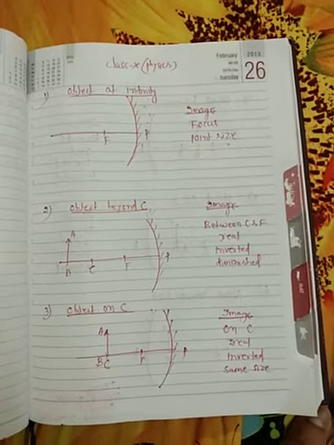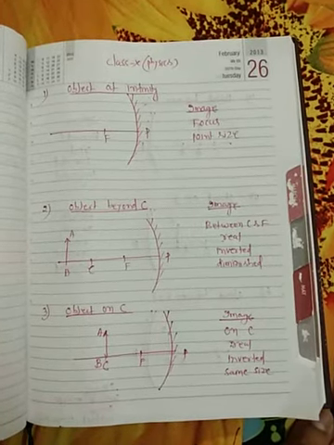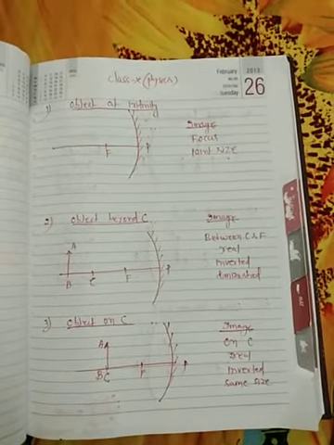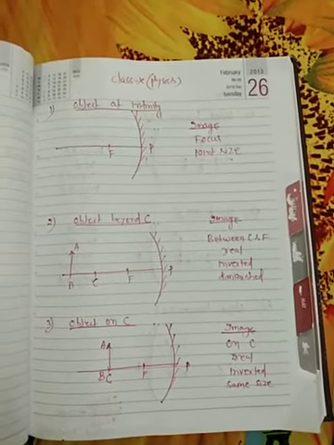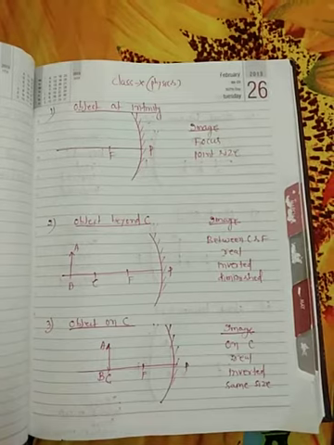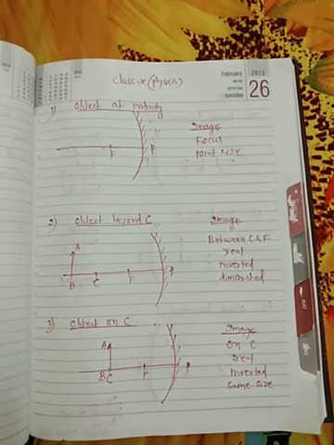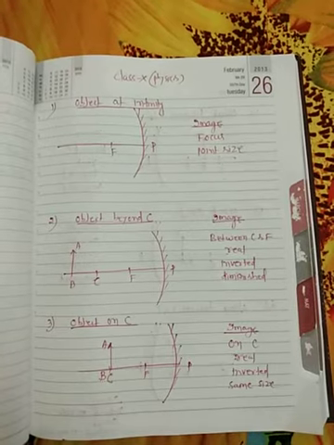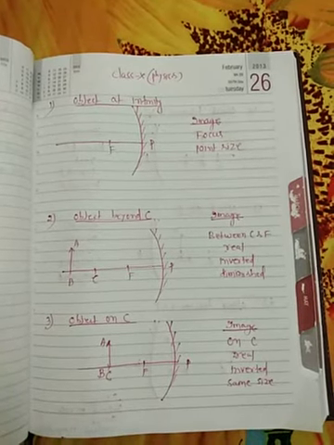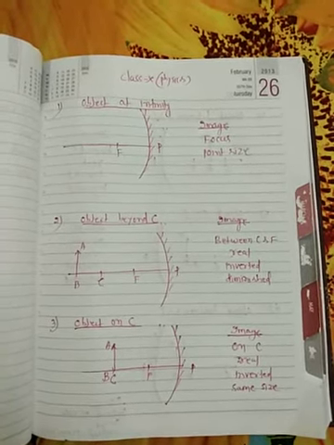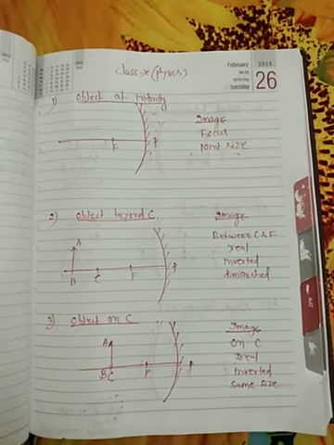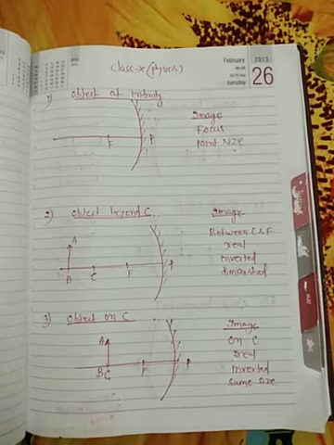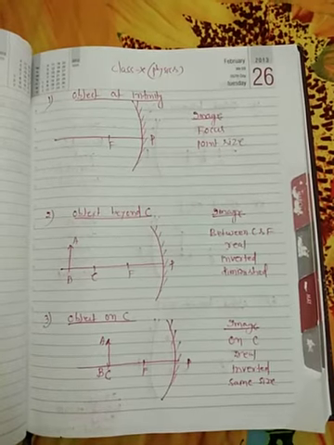Good morning, students. In our earlier classes, in the 4 videos, we started reflection and refraction of light. In reflection of light, we have studied the laws of reflection, then image formation by plane mirror, then types of image. Then we studied the details of definitions like pole, center of curvature, radius of curvature, and principal axis of spherical mirrors. Now we will start the image formation by spherical mirrors.